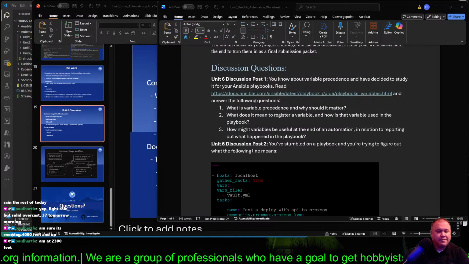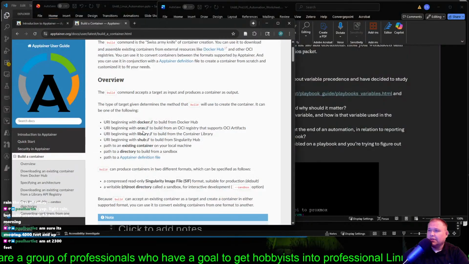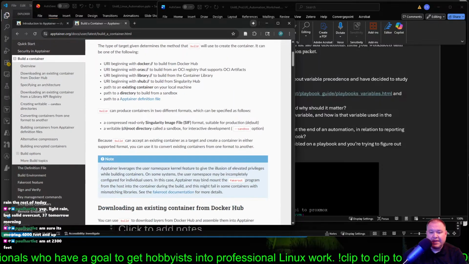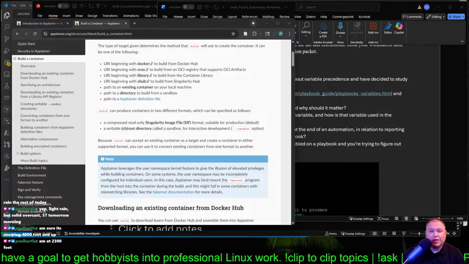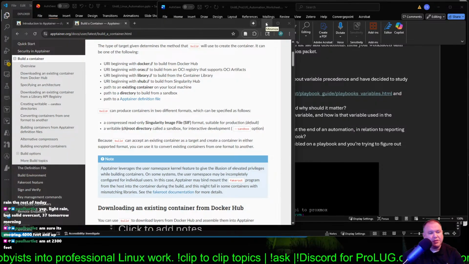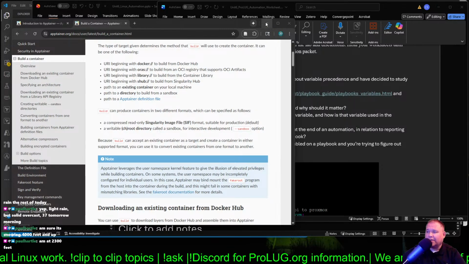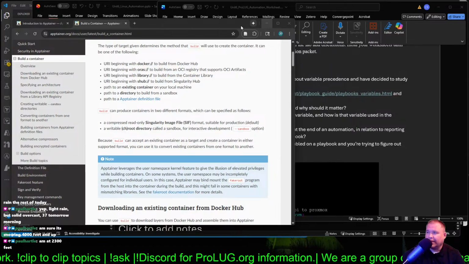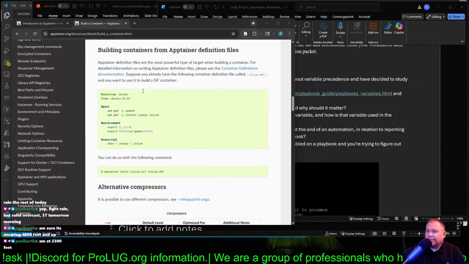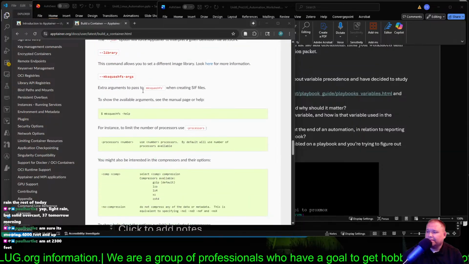And let me see, I have some other docs open here. So here's the Apptainer guide, and I built out some Apptainer notes. I got this working earlier inside of the Killercoda environment. So this is going to be built into Unit 6. We're going to do some Apptainer. We're going to do some other stuff with Packer and Kubernetes and stuff. So we did all this stuff. Probably built some